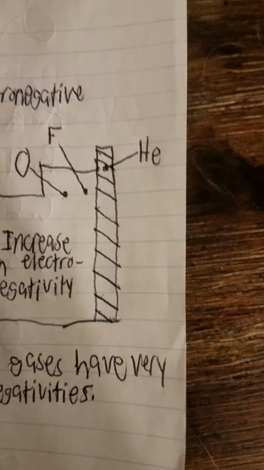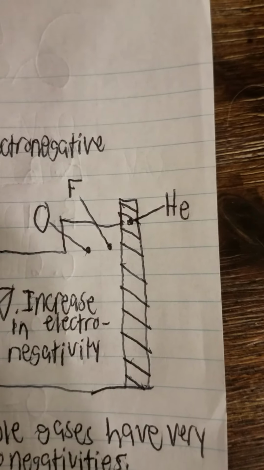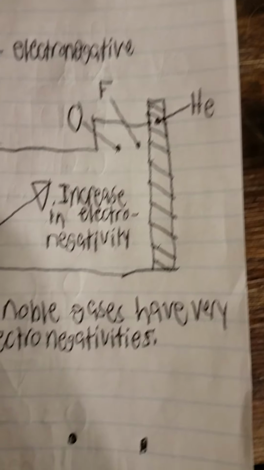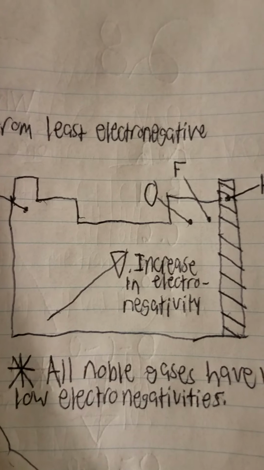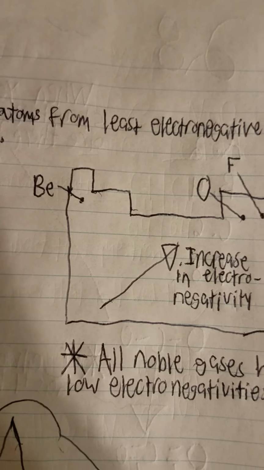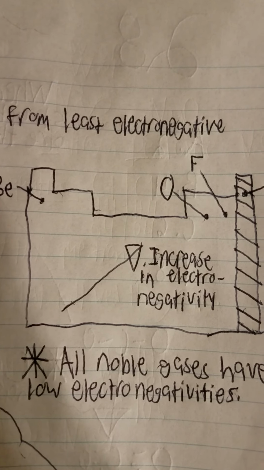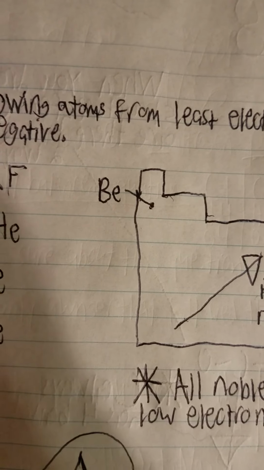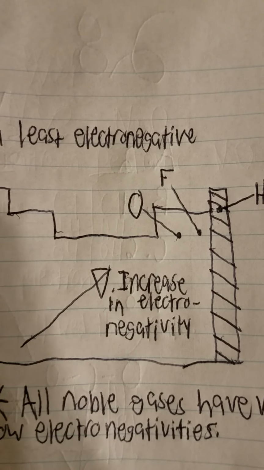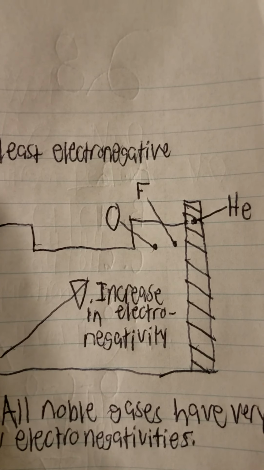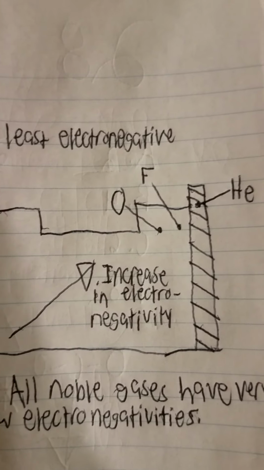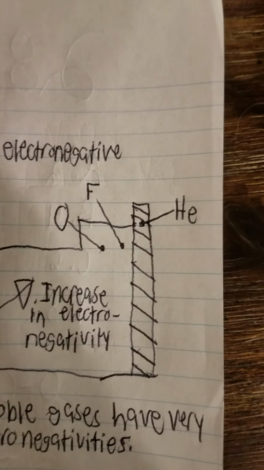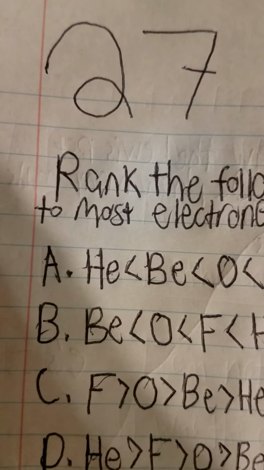This bar over here on the right side of the periodic table is the noble gases, and all noble gases have very low electronegativities. So since we know this information, let's look at where all the atoms are on the periodic table. Be is located here, oxygen is located next to fluorine, but on the left, and He is located in the noble gas section. And since we know noble gases have very low electronegativities, He would go first, just like in